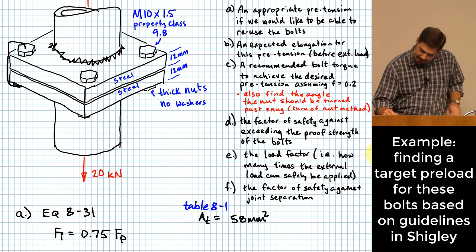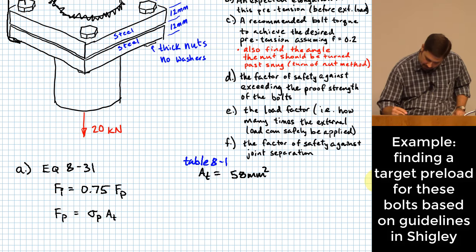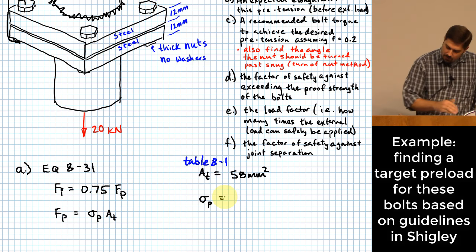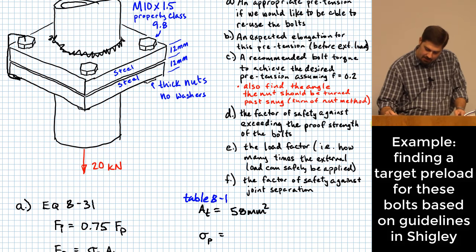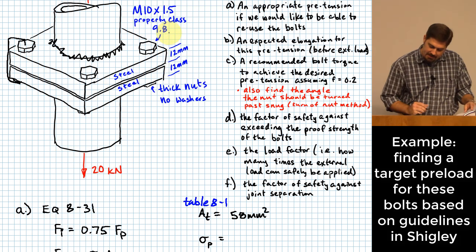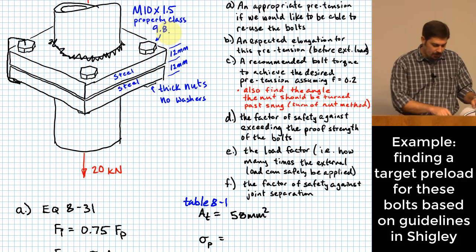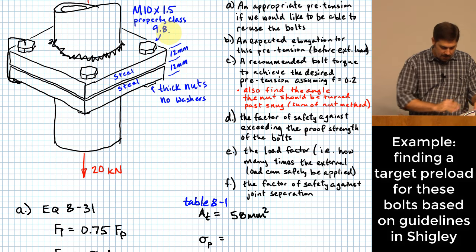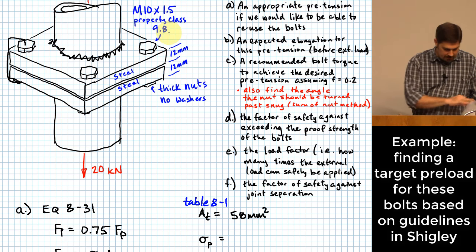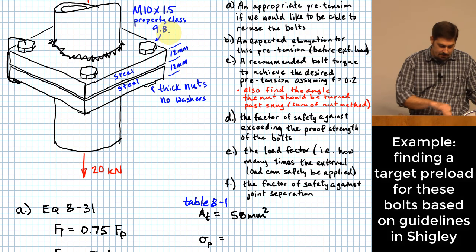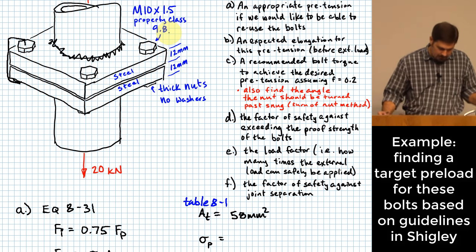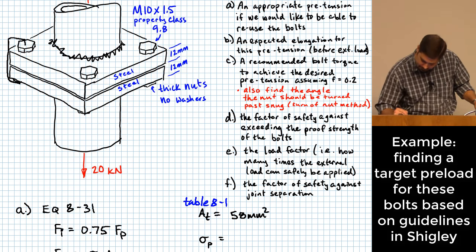All right, so we have that, but how do we know what the proof strength is? Okay? For that, we need to use this other piece of information that was given up here, that we have a property class 9.8. That is referring to the strength of that bolt. Okay? And there's another table, not in that table, there's another table where it gives us some guidelines for various strength classes of bolts. And so if you go to table 8.11,